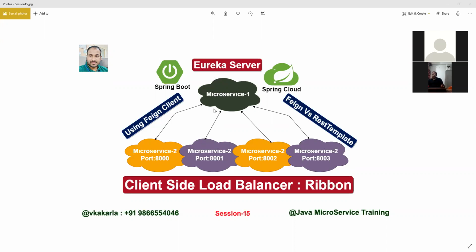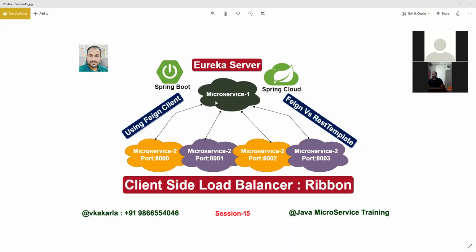And apart from this, for this configuration, we need one small microservice application. We are going to develop a small microservice application for this, microservice 1 and microservice 2. Here microservice 1 is calling microservice 2, so it is consuming a service inside microservice 2 with different port numbers, which means the same microservice is running on different port numbers. So whenever a request comes from microservice 1, for example, when all of you are requesting from microservice 1 at a time,